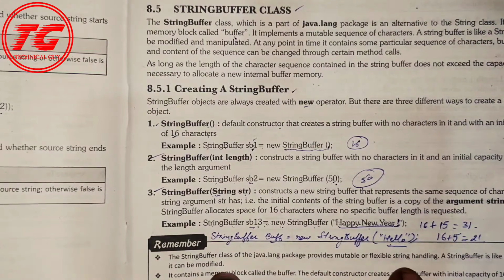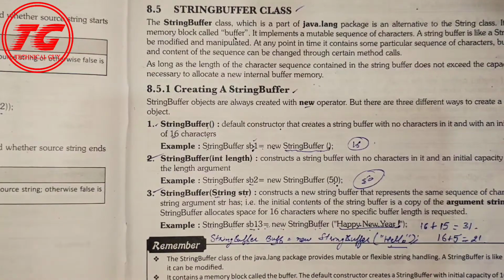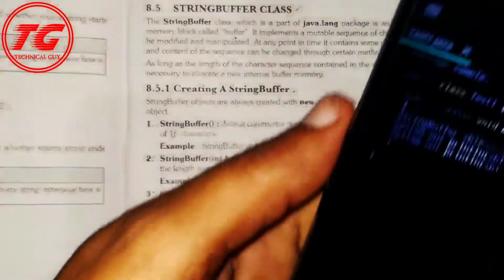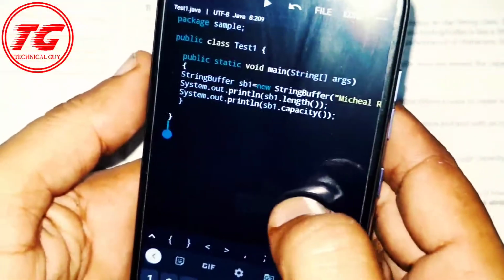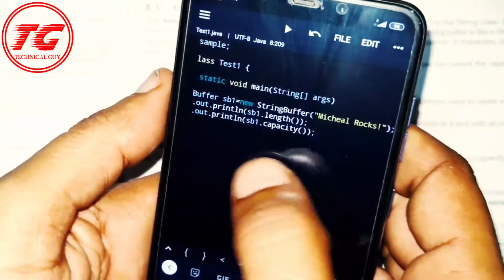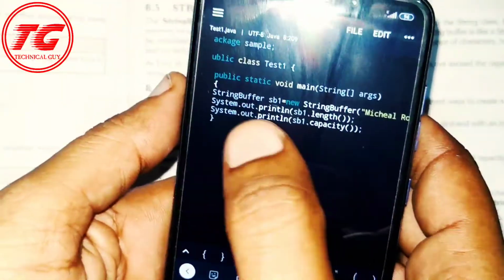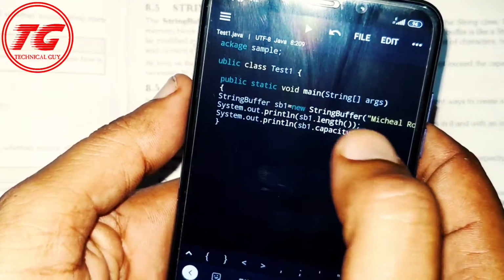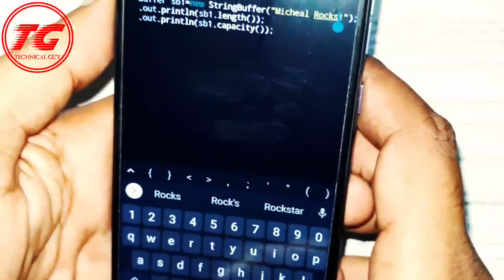Now let me show you practically. So these things we will see practically now. So here I have created a string buffer. So this is the package, class, main method, and this is the string buffer sb1, new string buffer sb1, and here it is written Michael rocks.